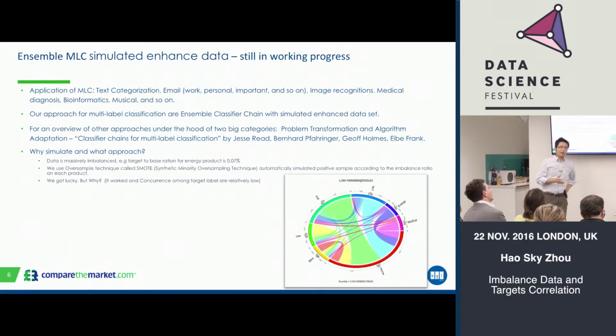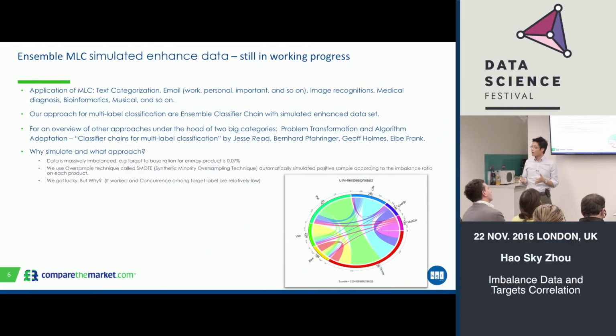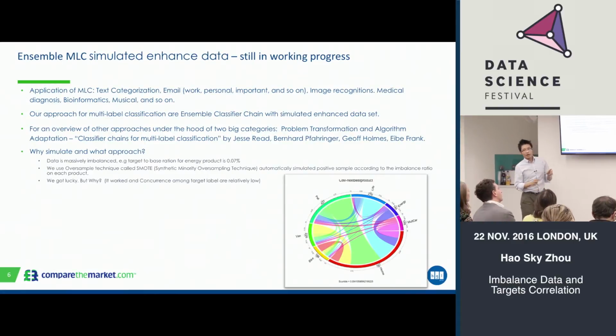We'll learn based on the data we have, and then we'll make a prediction on that product specifically. That prediction will be added into the original data set as an additional feature, which allows us to do learning or prediction on the second target that we are trying to learn, and so on and so forth. Hence, it is a chain. The ensemble,